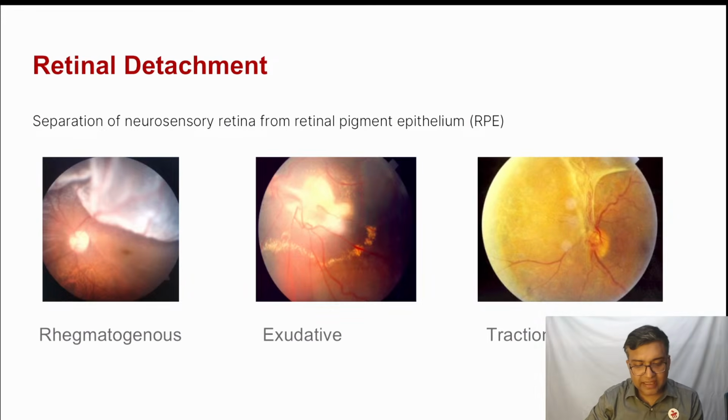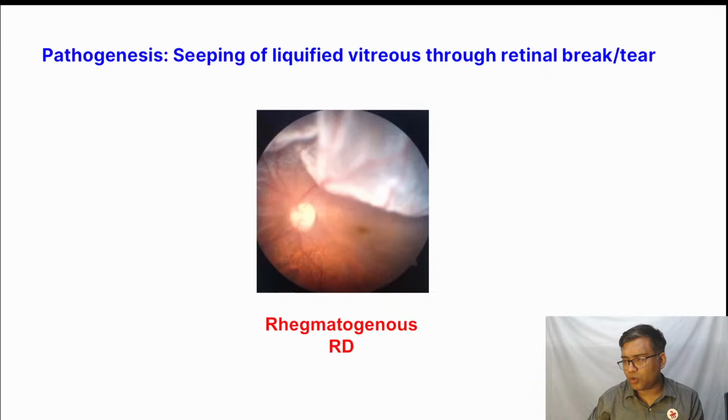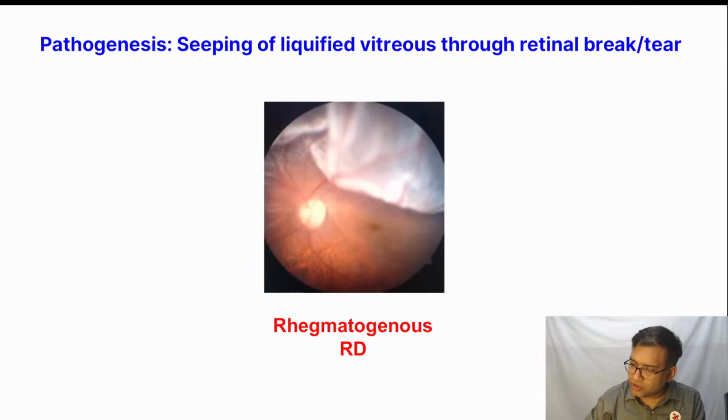Now we come to the next image based scenario where they ask about the retinal detachment. So there are three types of retinal detachment: rhegmatogenous retinal detachment, exudative retinal detachment, and the tractional retinal detachment. Let us learn a bit more about that. So first of all is the rhegmatogenous retinal detachment. As you can see in the picture, there is a